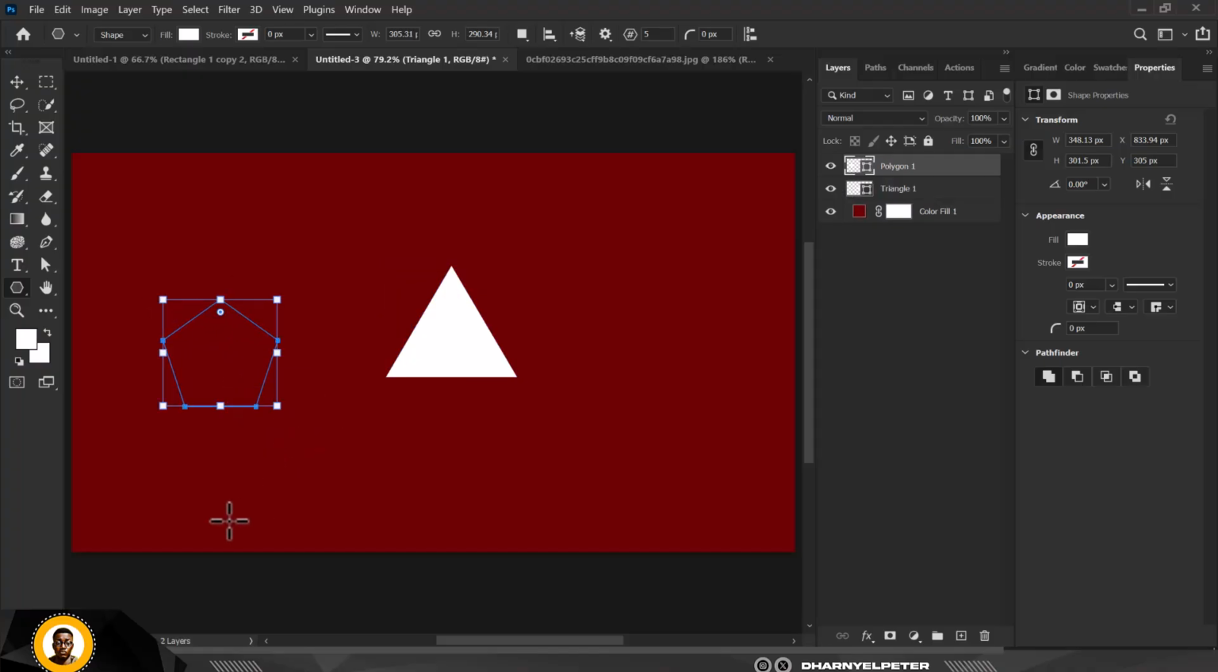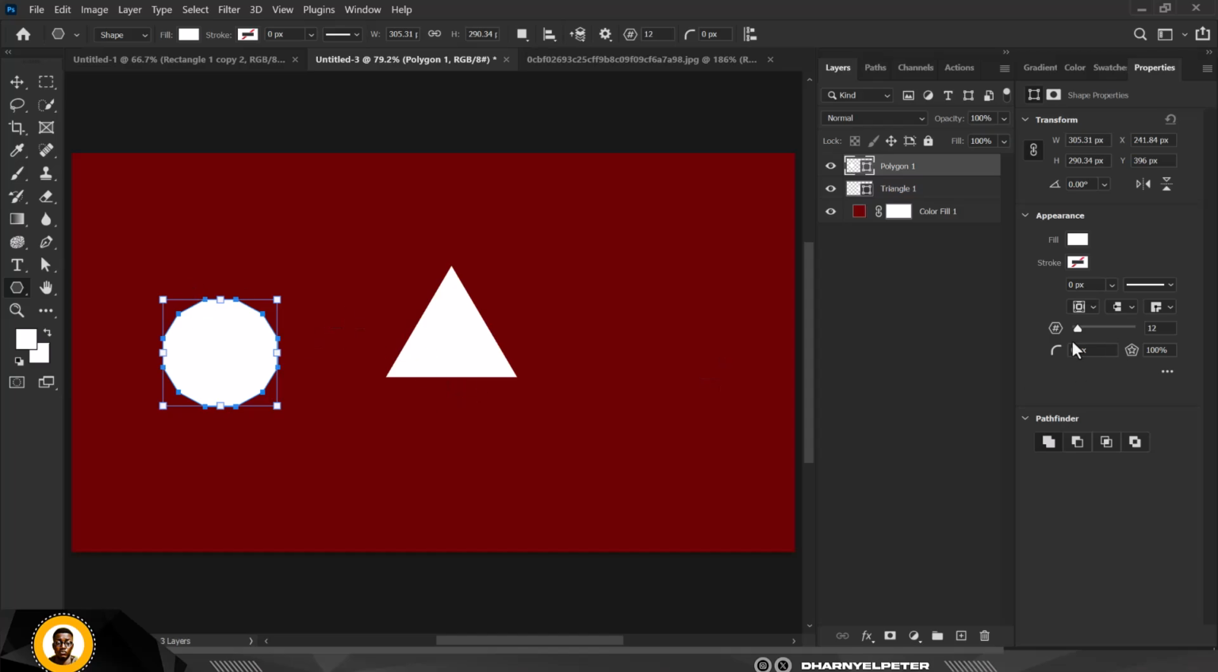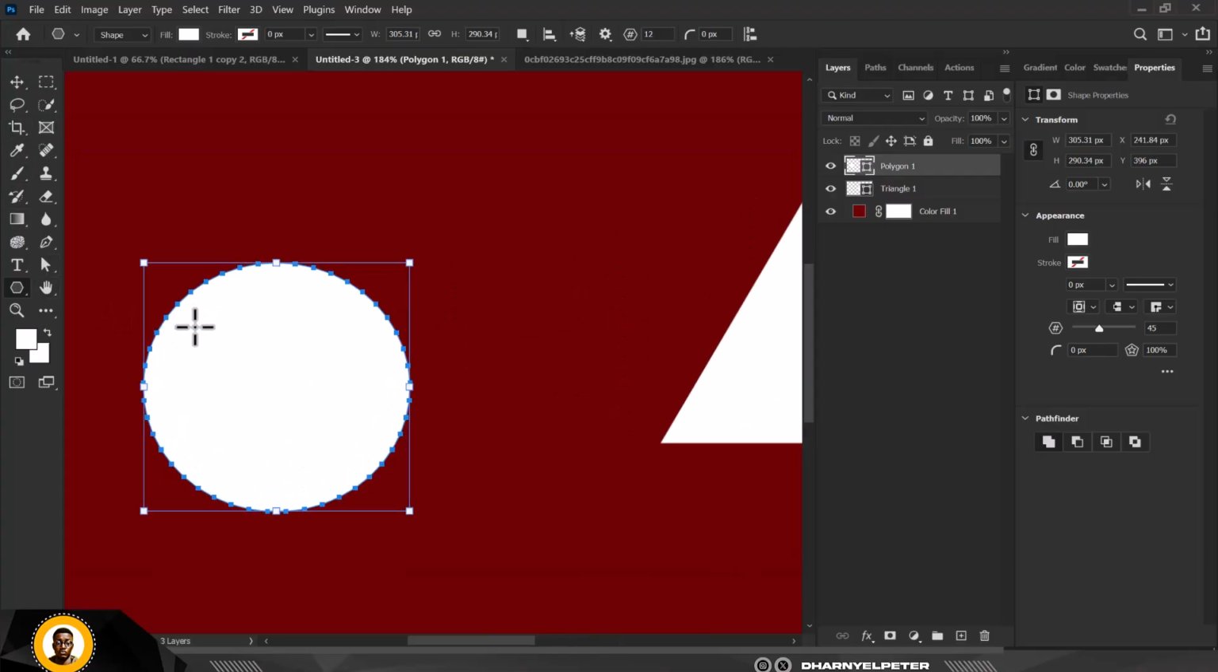So you draw your polygon, and also up here you have, for instance, 5 here. You can make this 12 here, and you can see that I've increased my polygon from 5 to 12. So I can increase it like this again, and of course I can